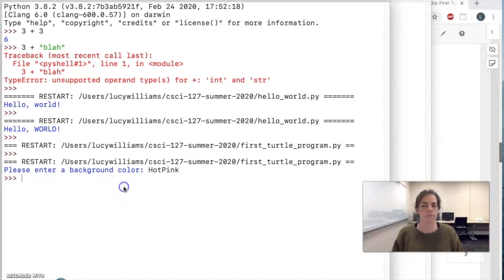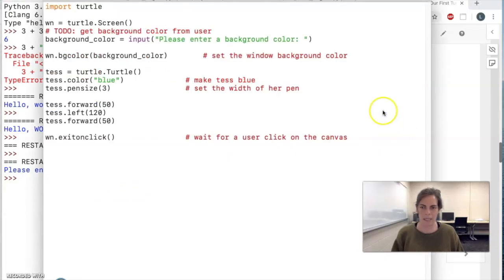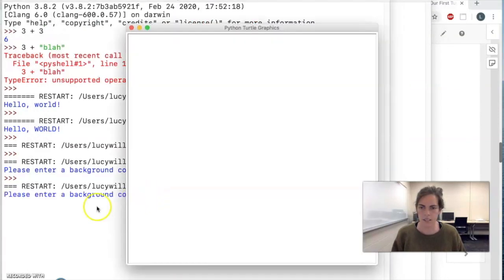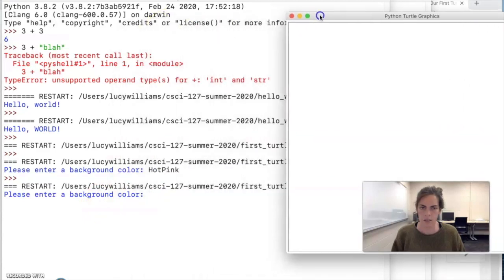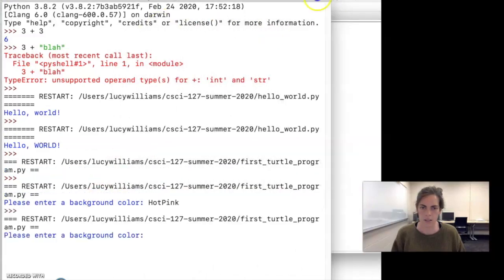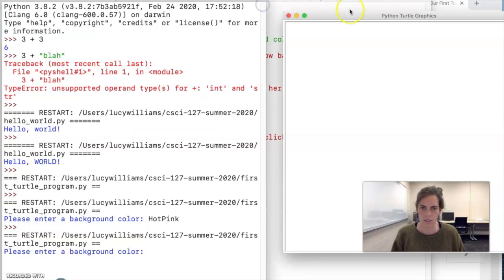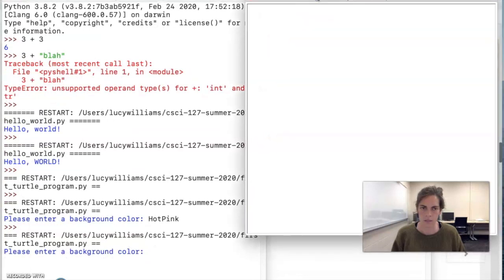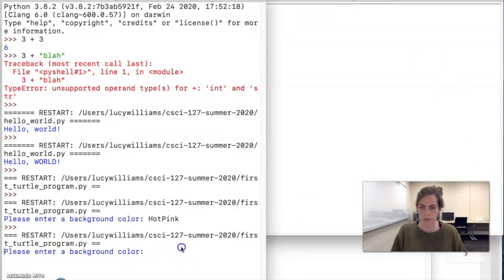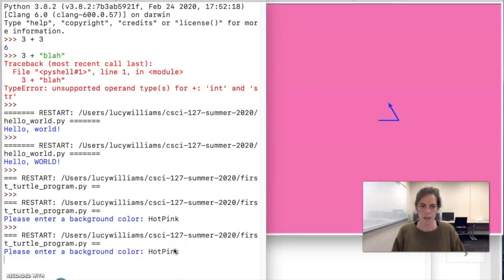Oh, so the reason that quit immediately is that it's supposed to quit on click. So let's try running it again, and maybe I can make these a little better for myself. Okay, so I'm going to do hot pink again, and there we saw that we set the color